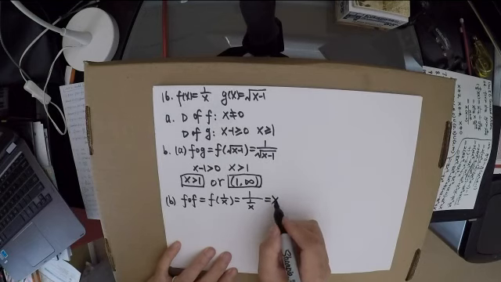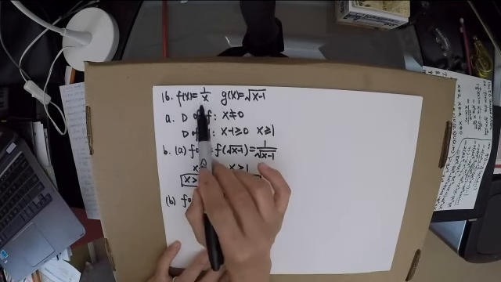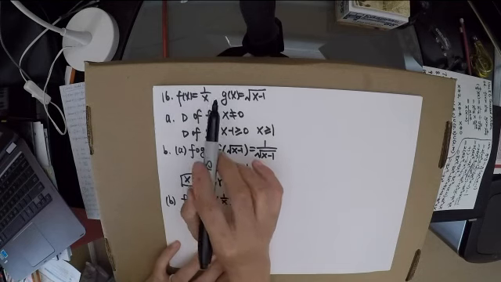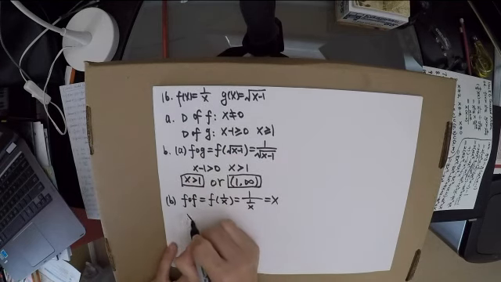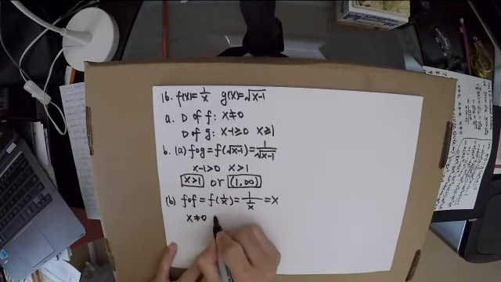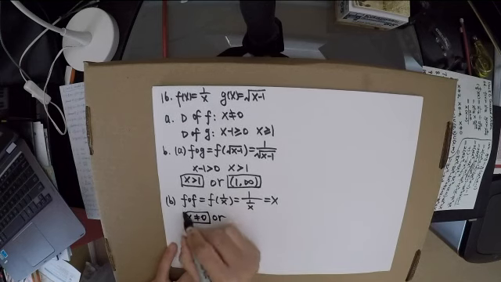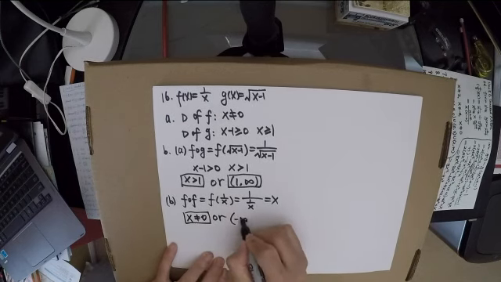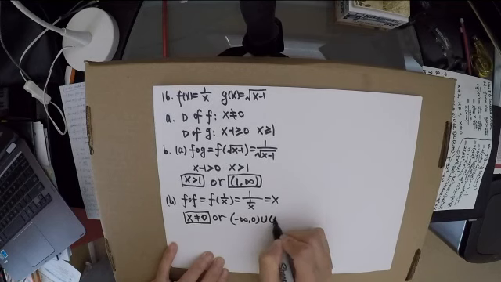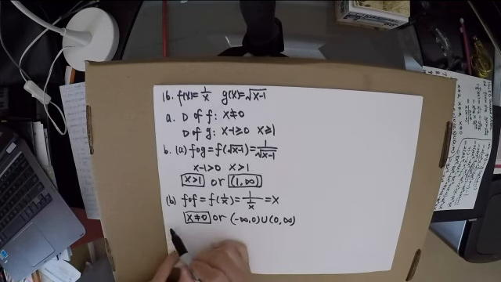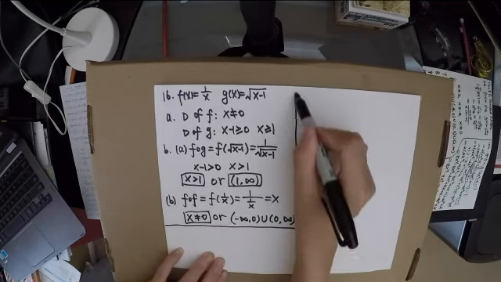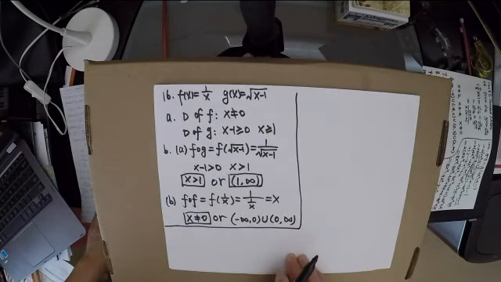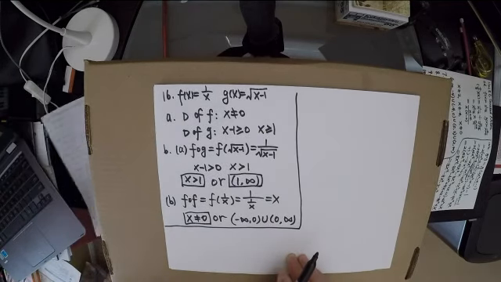But you still need to consider what satisfies f, which is not 0, so x not 0. Or you write the interval, not 0: negative infinity to 0 and 0 to positive infinity. That's question number 16. Okay, let's talk about the last problem,